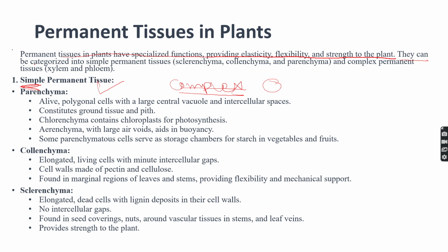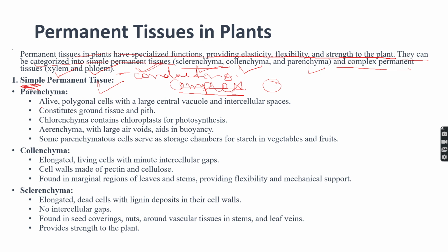They can be categorized into simple permanent tissue, and this simple permanent tissue can be of three types, that is sclerenchyma, collenchyma, and parenchyma. And complex permanent tissue can be of two types, one is xylem, another is phloem. Both are conducting tissue. Okay. Now coming to the simple permanent tissue one by one. First is the